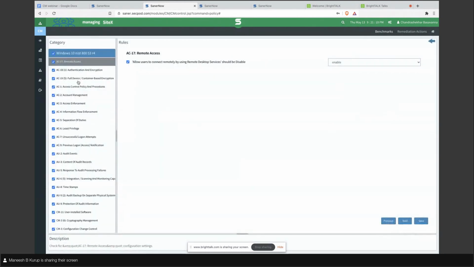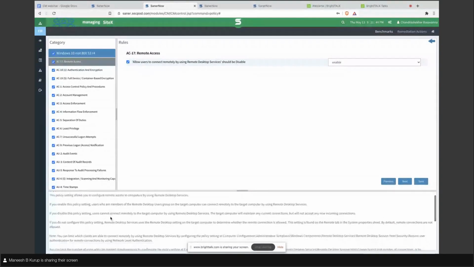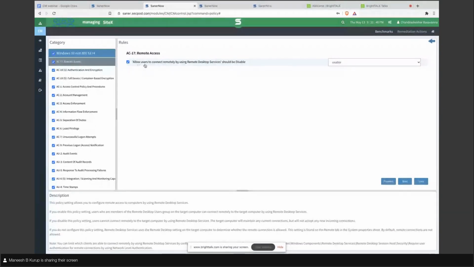Yeah. So here, if you see, there is a list of requirements mentioned on the right hand side. Similar view is provided here as well, and on the left hand side, sorry, the list of configuration settings falling under that particular requirement, and the customization ability is also provided at the same place. Like the other templates, the description about each of the rules is given in the below description section. It will be a detailed description about the corresponding settings and how they can be modified.